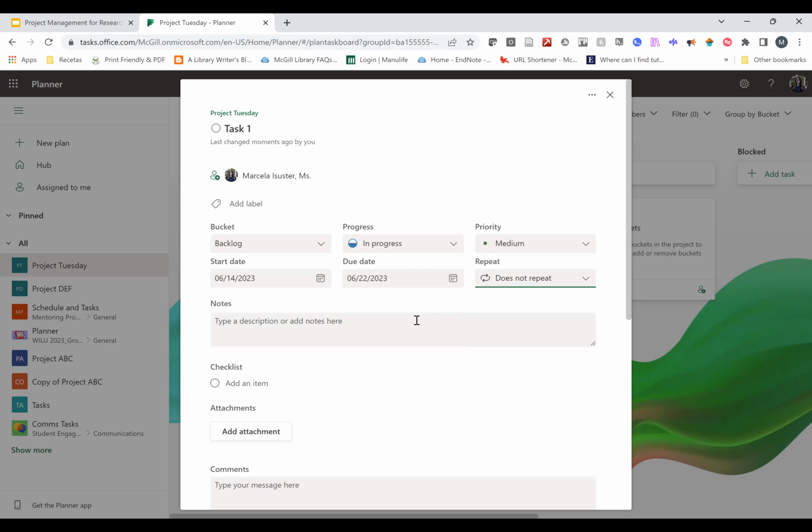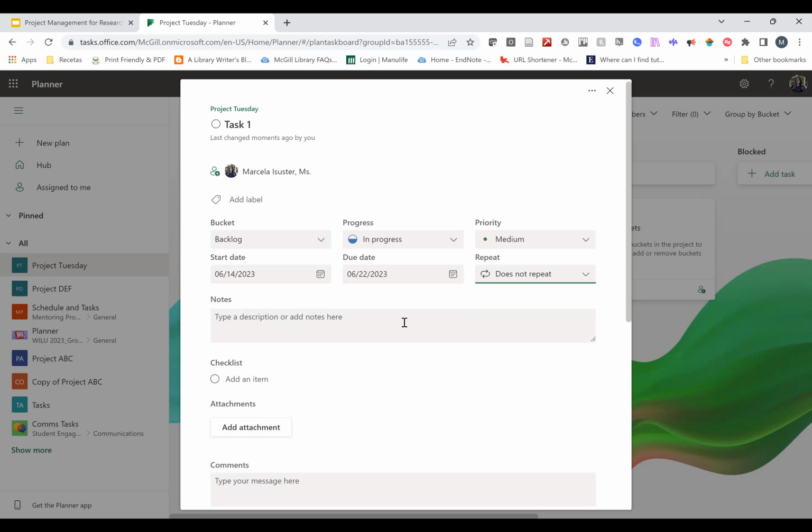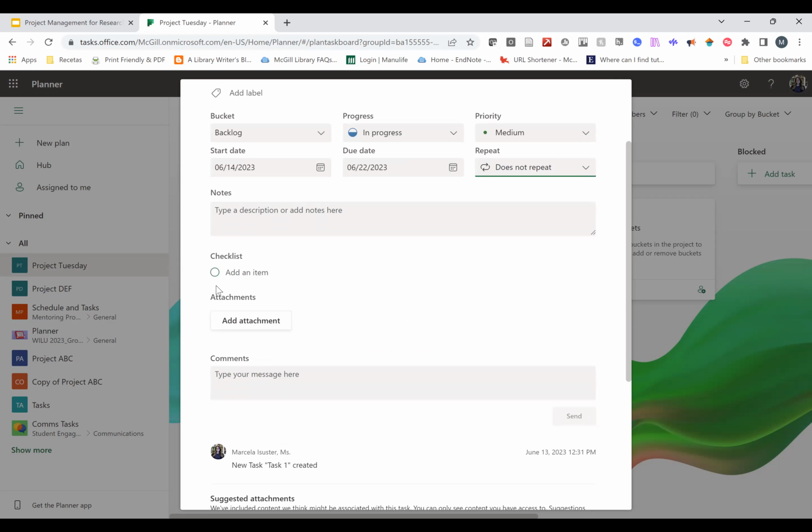You can add some notes. So if you're assigning this task to someone else, or just for yourself, just to know what you mean by this, you can add notes. You can add a checklist. So let's say there's something that needs to be done and you want to make sure that everything has been covered. Let's say you're submitting your REB, your ethics approval.